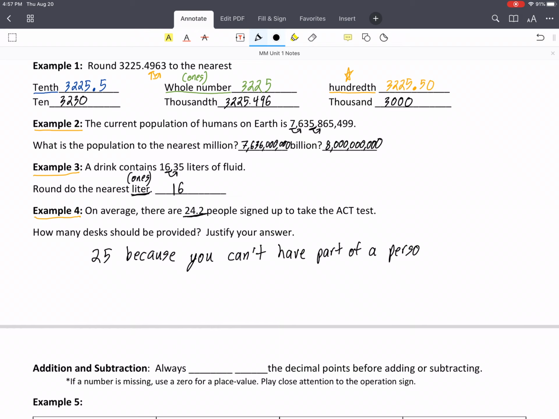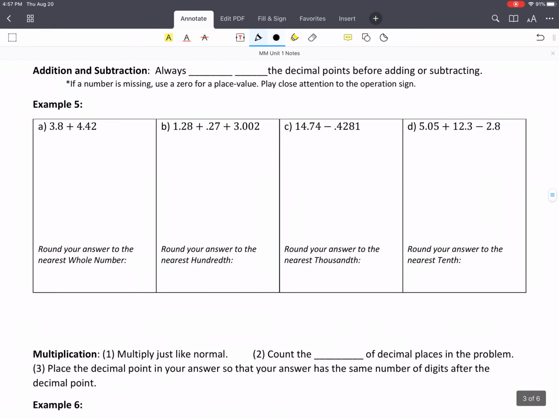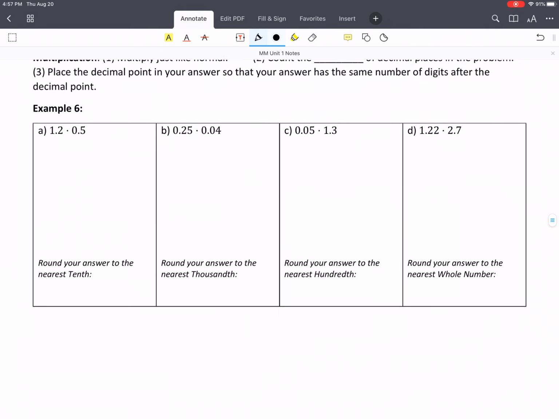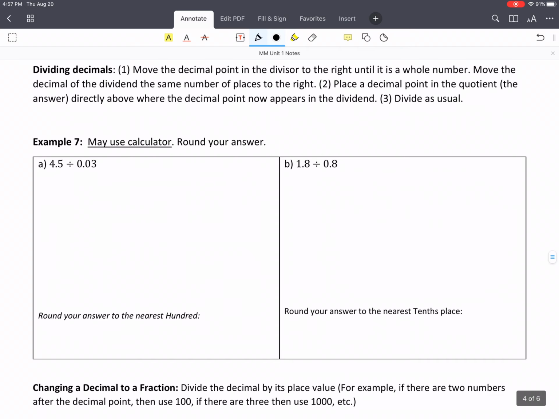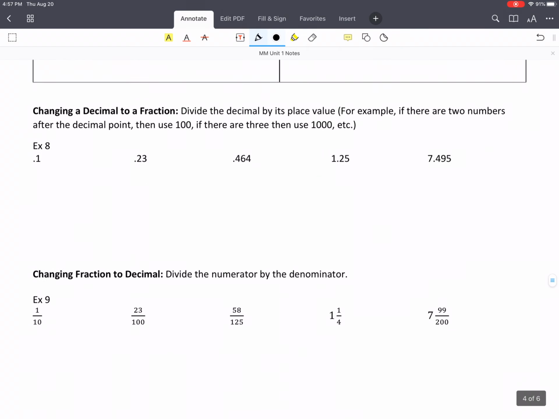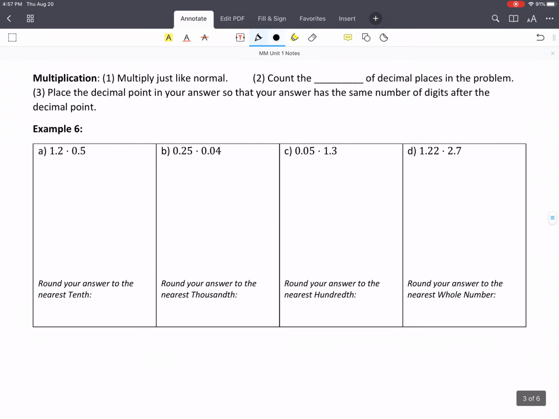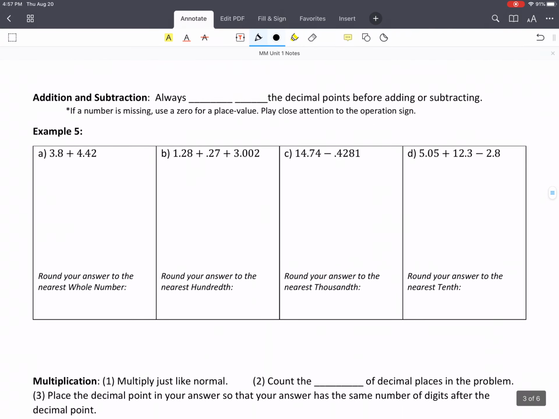So next up, we're going to look at adding and subtracting decimals, multiplying decimals, and then dividing decimals, and also changing decimals to a fraction and fractions to a decimal. Starting off,